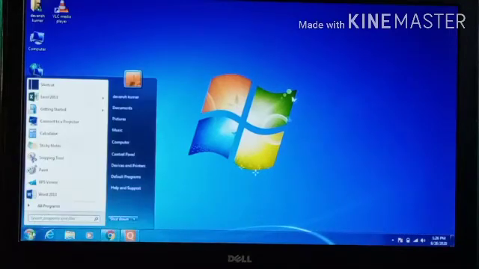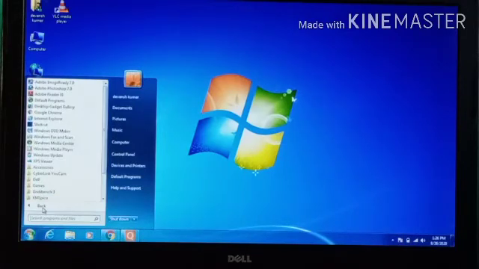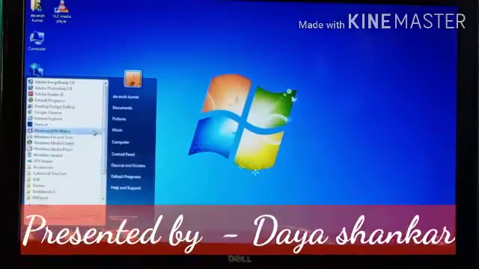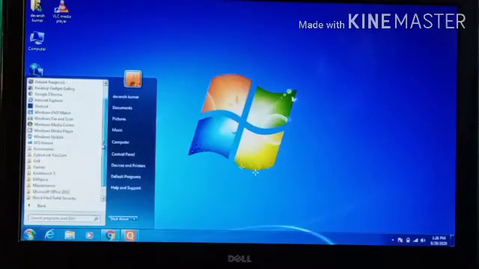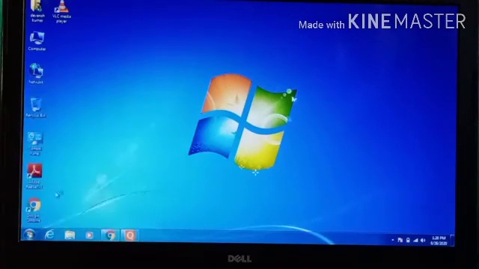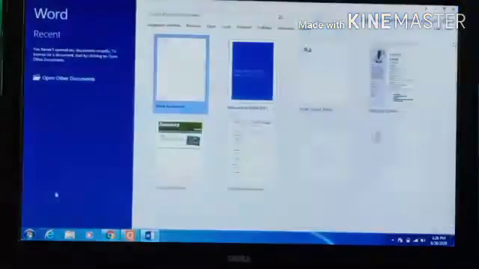Click the Start button, then go to All Programs and search for Microsoft Office 2013, because my system has Microsoft Office 2013 installed. My topic is finding the text in MS Word, so click Microsoft Word 2013.